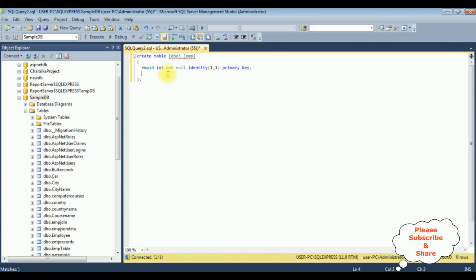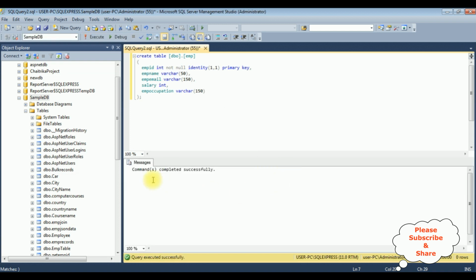The next one is the emp name varchar 50, comma. The next column is the emp email varchar 150. I'm adding salary, which is the integer type, and the last one I'm adding the emp occupation varchar 150. Let's create the table, execute, and here we got a message command completed successfully, which means the table